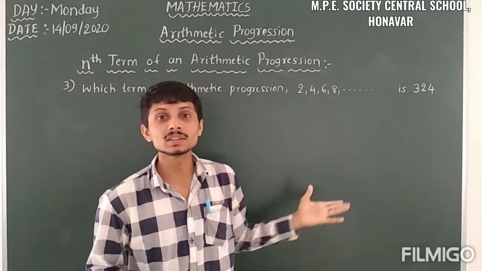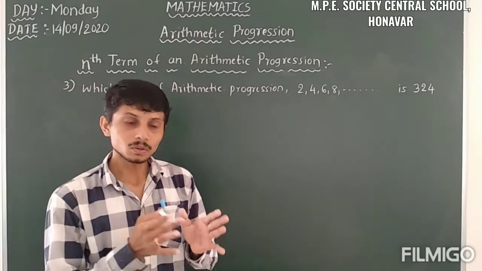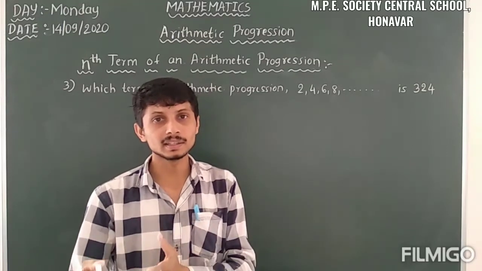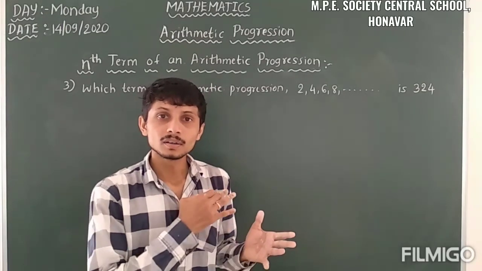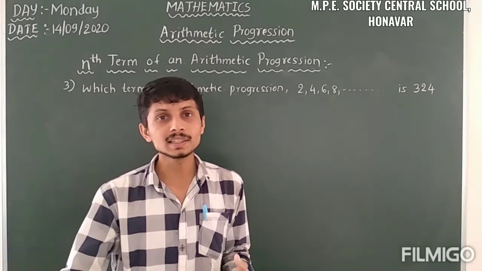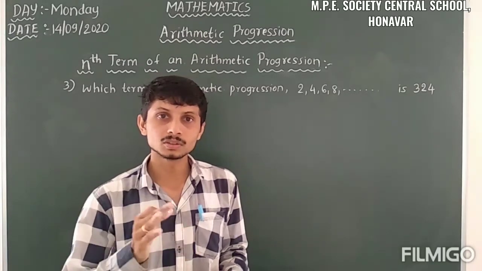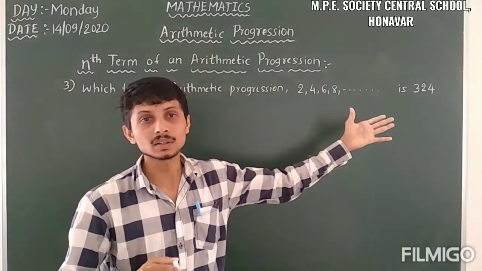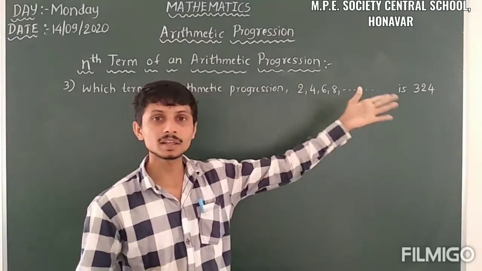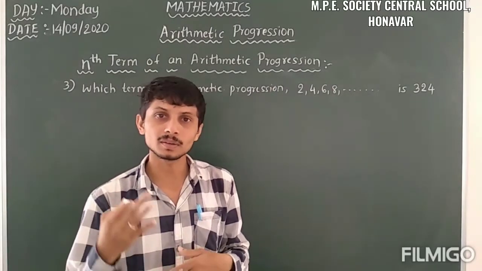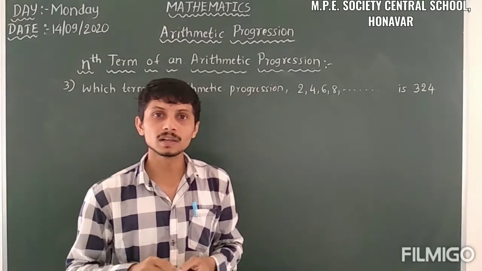So when an is equal to 324, here there are 4 terms, that is n, a, an and d. Here we have 3 terms given, so we can easily find out the 4th term. It is very easy to find. A is given, D is given and an is given. From these we can find out the value of n here.